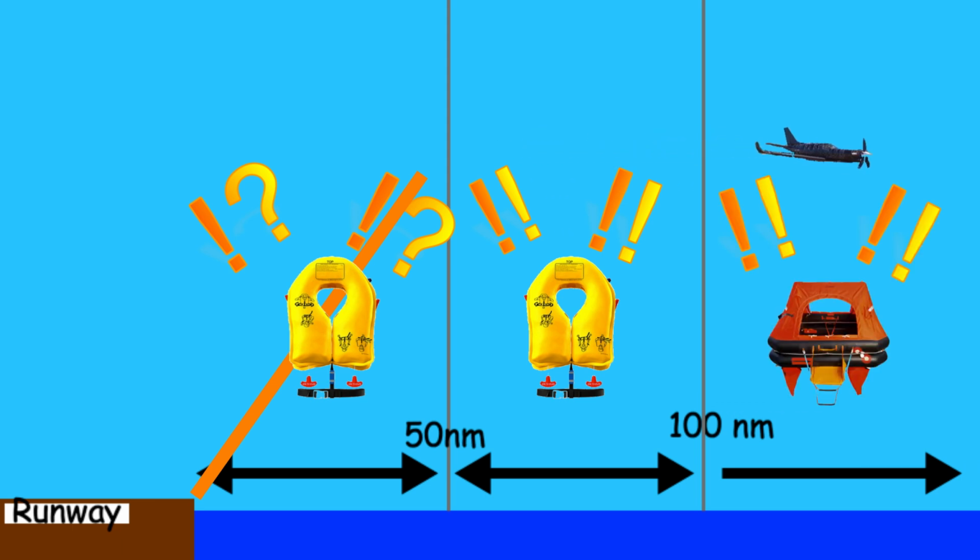In section 602.63, it says you cannot operate over 100 nautical miles if you cannot maintain a flight with any engine failed. And they talk about multi-engine or single-engine. As far as I know, I do not know of any single-engine aircraft that can maintain a flight with its only engine failed. Anyway, if I cannot maintain a flight with my only engine failed, I need to have a life raft